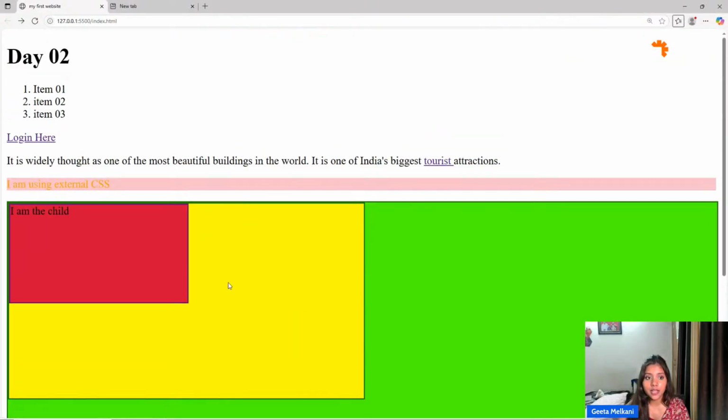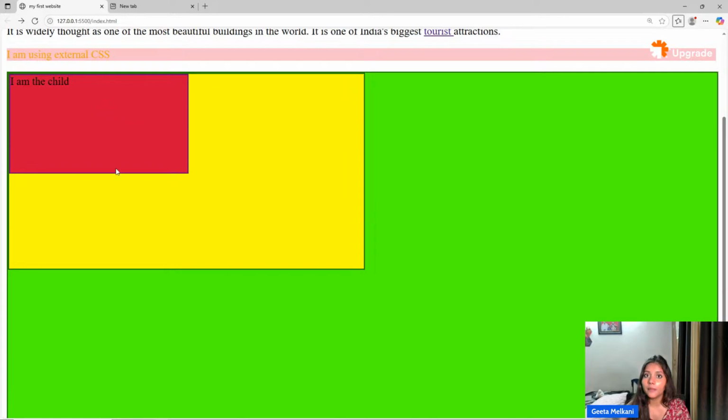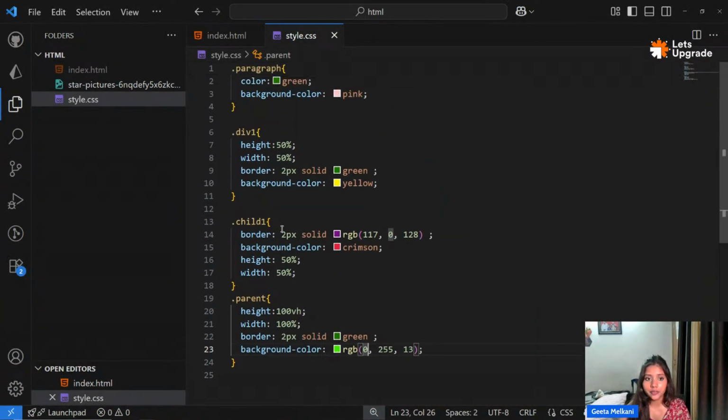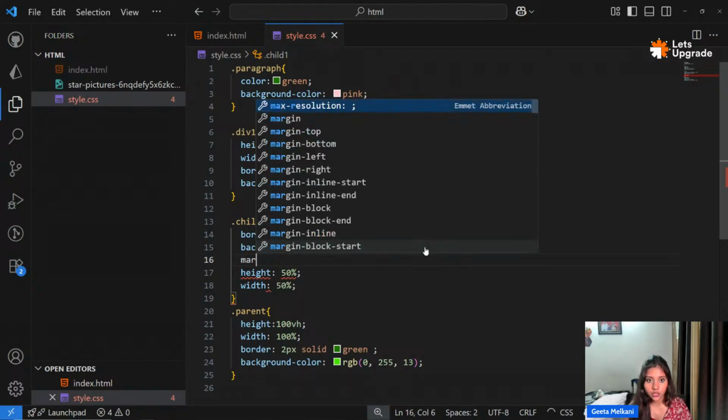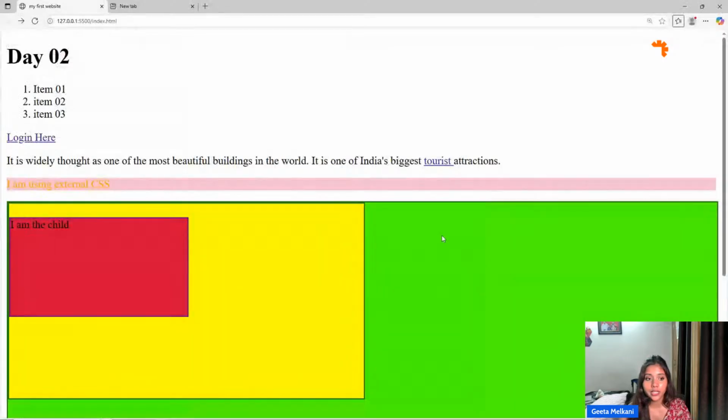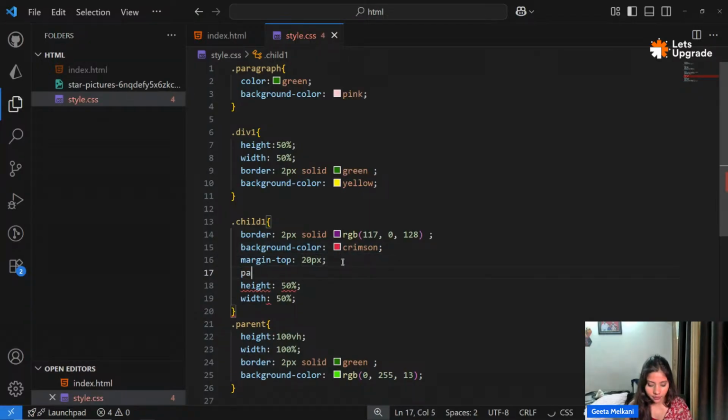You see these divs? If I give this red div a margin, let's see what happens. This is our red div, I think, yeah, crimson was the div. So to this crimson div, I'm giving a margin top. I'll give this a margin top of 20 pixels. So it is going to take 20 pixels from the parent div. It is going 20 pixels away from the parent div from the top. Got it? But what if I give it a padding